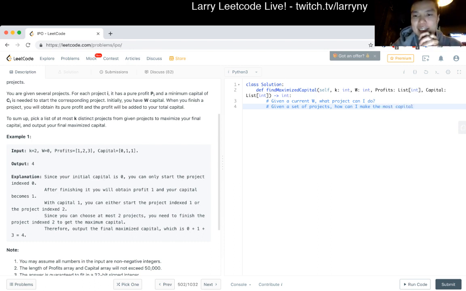And I think in this case, why I think greedy works is that there's essentially no penalty for picking the most profit, because the most profit just allows you to open up even more capital, right?